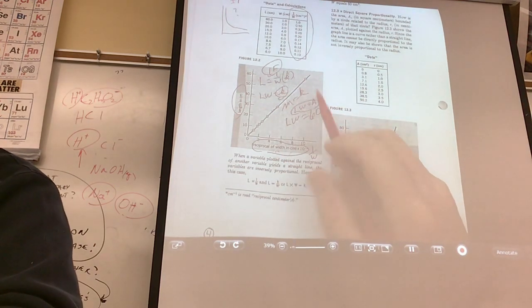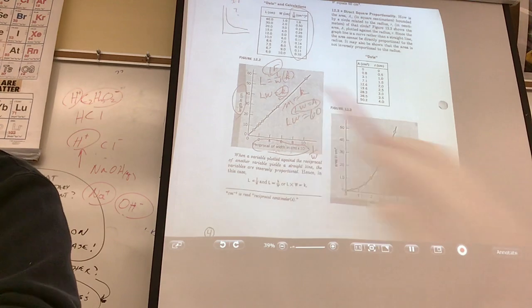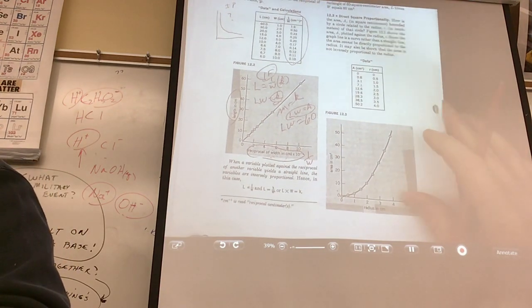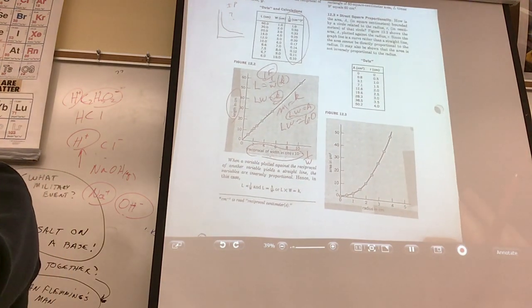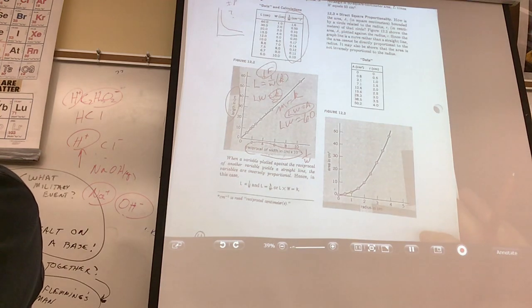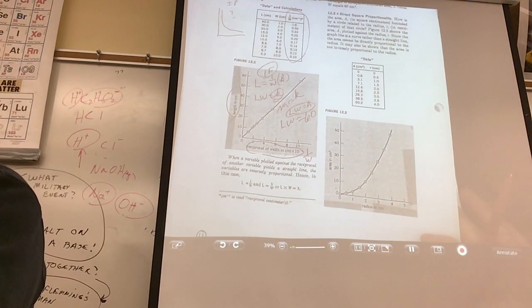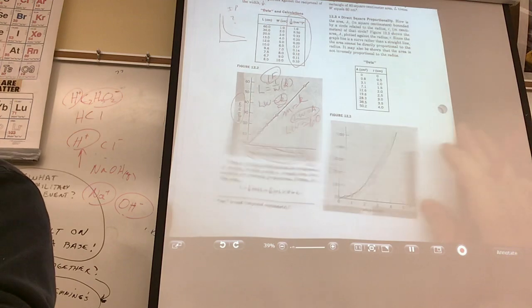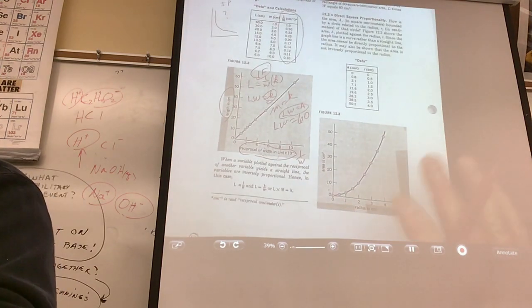Matter of fact, it'll be 60 square centimeters. All right, what do you think? I get to look at half your faces to figure out what's going on. All right, what I'd like to do is, you don't have to get super close to your